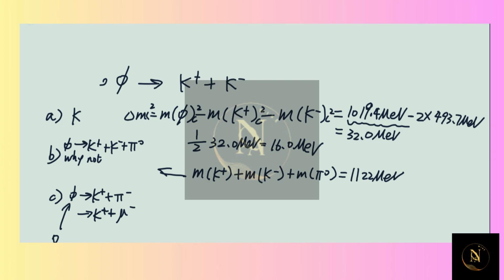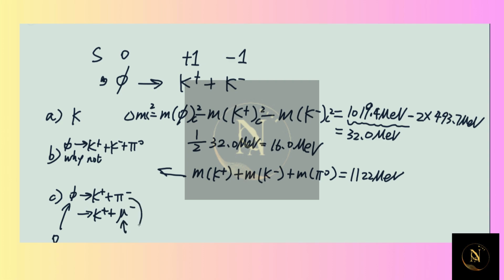And then we look at part C. Part C says, why do these two occur or not occur? Let's look at the first one. So this is something where we need to check the strangeness. We know that the strangeness of pi is 0. And then K plus has a strangeness of 1, K minus has a strangeness of minus 1. So the strangeness was 0 before and after the reaction.